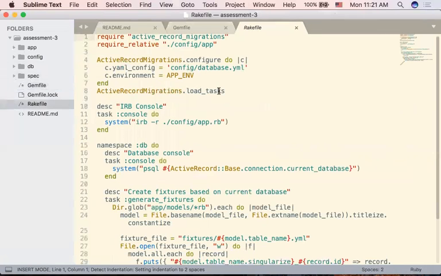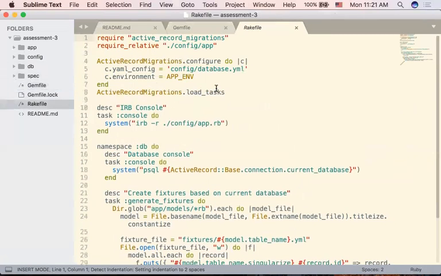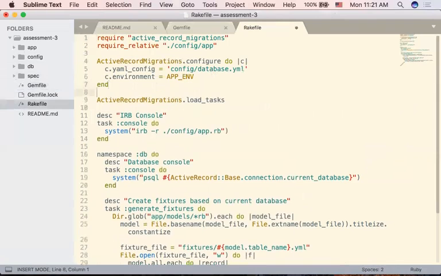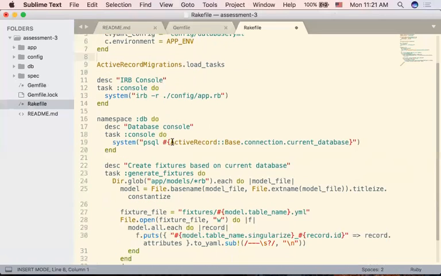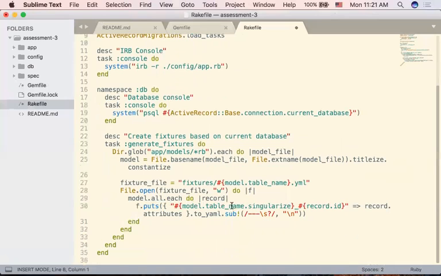This Rakefile here, there's a lot of stuff going on. But essentially what this is doing is giving you the ability to do custom commands that you have not really seen before. So we did things like rake db:migrate and things like that. There's a way that you can do it manually. You can create a script to create all of your schema migrations and to migrate everything over. But if you wanted to do it inside of here,